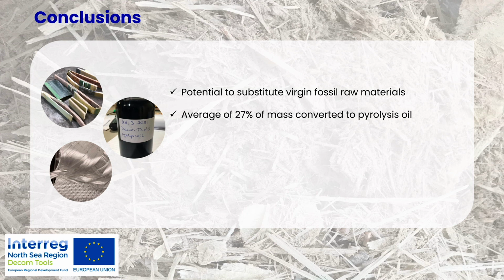In practice, we got about 27% of the mass of the wind turbine blades converted into pyrolysis oil. Knowing that this is approximately the volume of resin in the wind turbine blades, I would say that that's a good conversion rate. The yield of this BTX can be increased through process optimization, because right now we